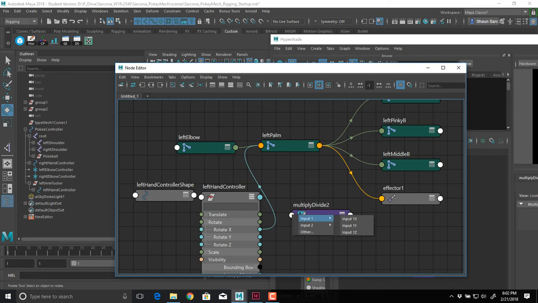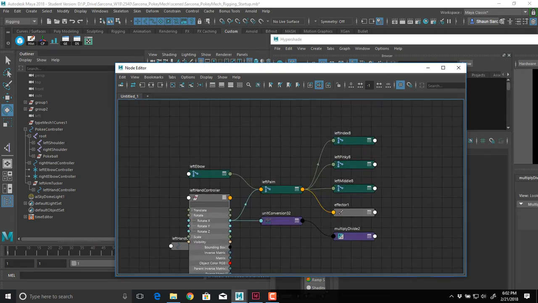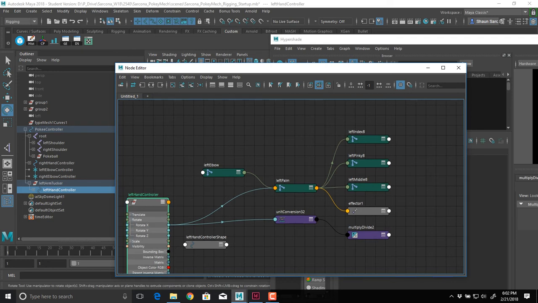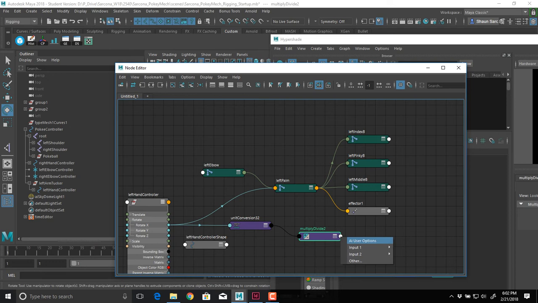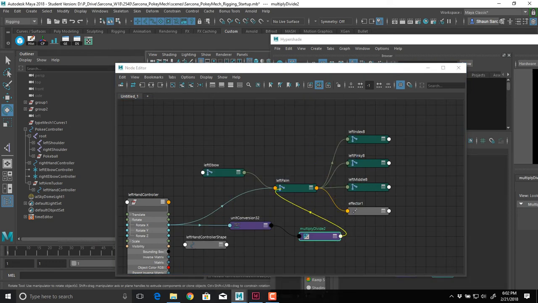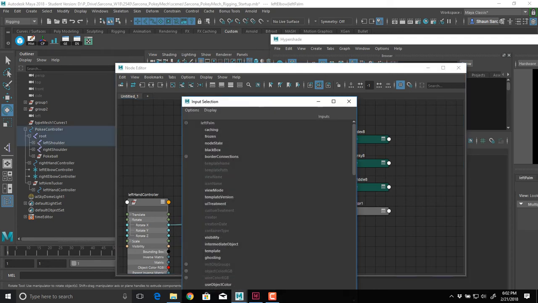So this goes into here, input 1x. Yep. Okay. And then this right here is going to be the other. It'll be the output x, and that will go into this one's other